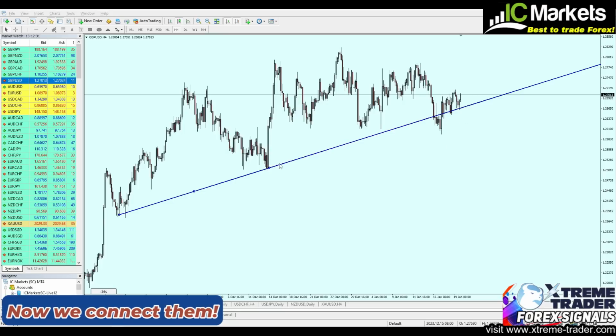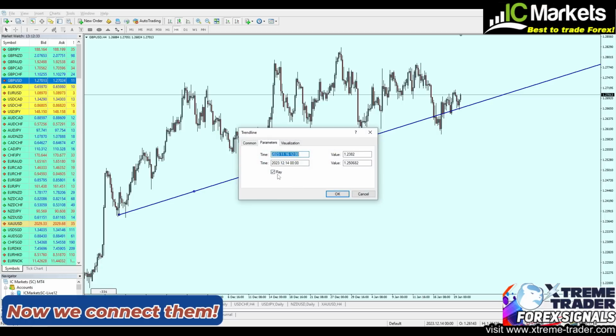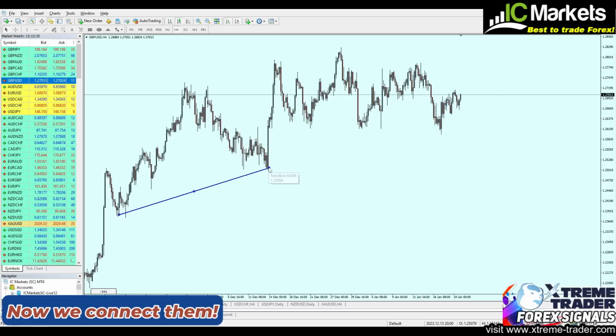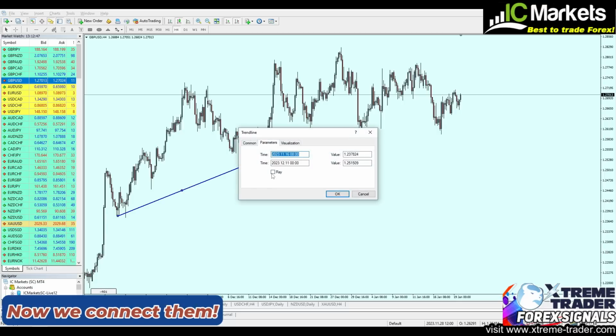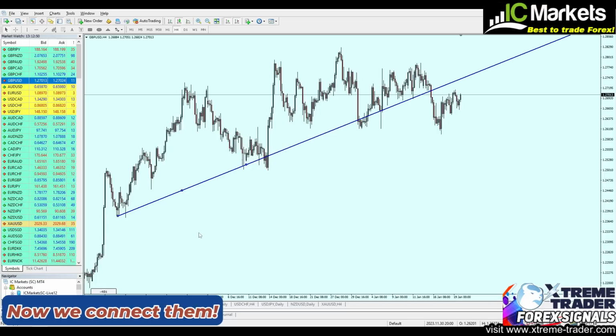Let's do the same right now from different points. Let me now disable the ray. I will enable it later. Let me now, for example, connect the support trend line from the same low right here and connect it to this support trend line, just like that. Now I will expand the line. Right click, Trendline properties, ray. Check this out. Again, the same level has indeed been respected later after that bearish breakout, after the bullish breakout